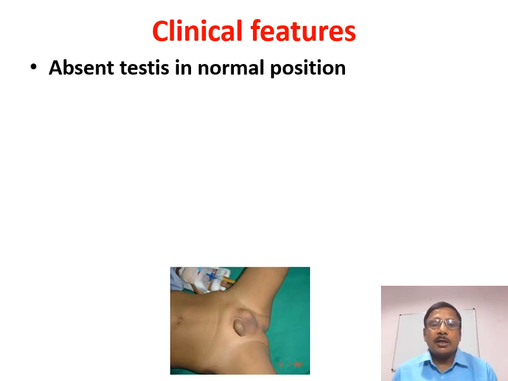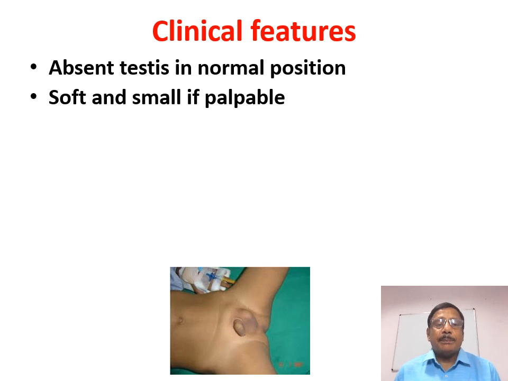You should warm your hands, and ideally you should have soapy solution on your hand, so that very little friction is generated while you are palpating the abdomen of the baby. This reduced friction, or the soapy solution, will help you to milk the testis from above downwards. These are the precautions you will take before examining a baby for undescended testis.